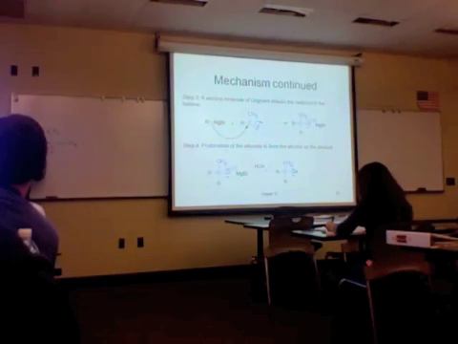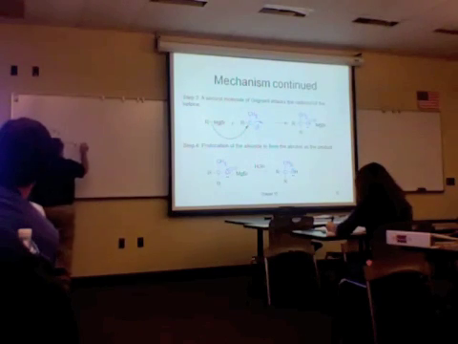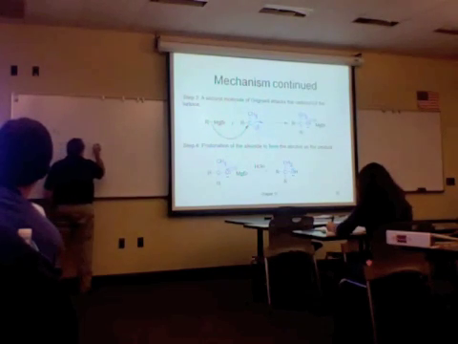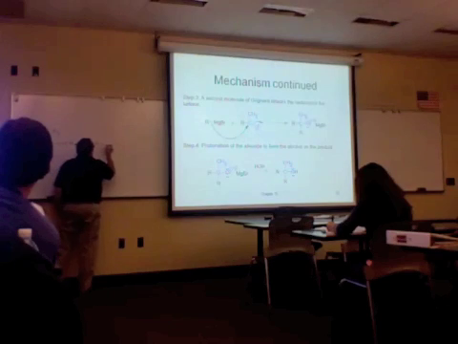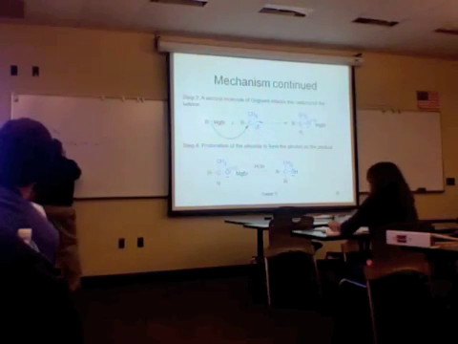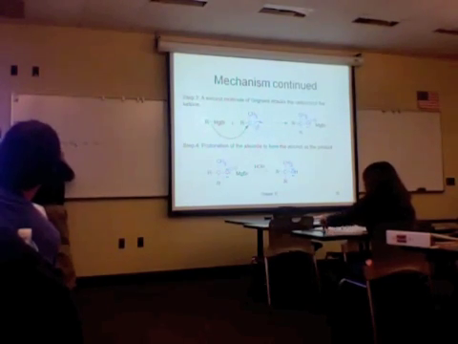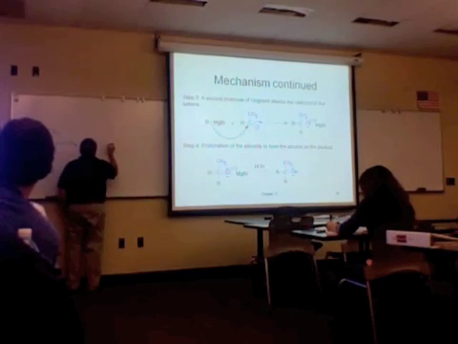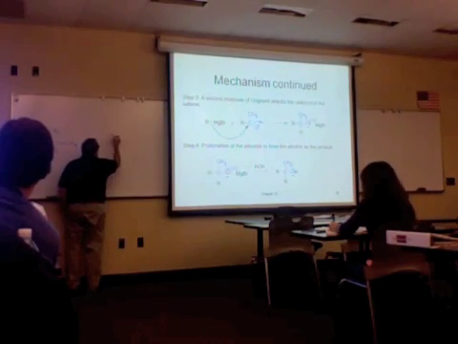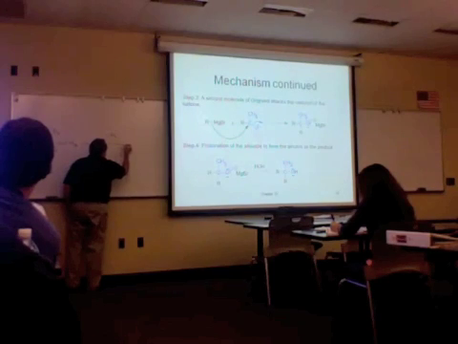This guy's going to act like a carbanion, and it's going to attack here. I've drawn this in a slightly different orientation than what we saw before, but that's going to give me R, and a pair of electrons will go out here as that attacks, and we'll get CCH3,